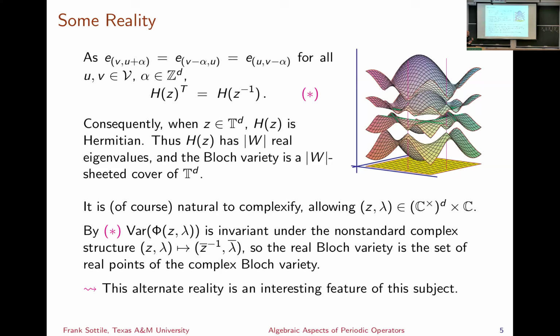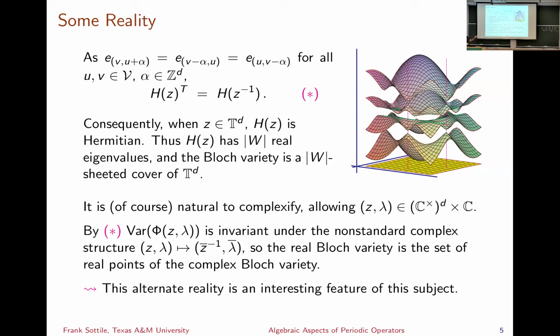that they're transposed. Evaluated at Z, its transpose is Z inverse. And so now if Z takes values in the torus, this compact torus, then the matrix is Hermitian, because Z bar is Z inverse on the torus. That's the defining feature of the torus. And so it follows that at a particular Z, you have matrix-many real eigenvalues,